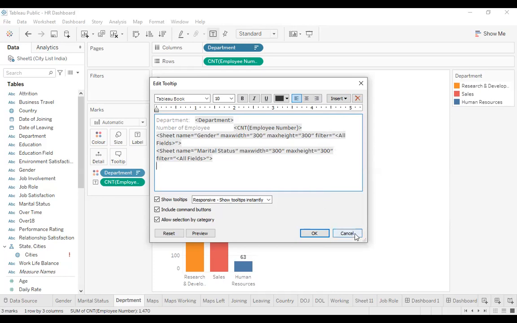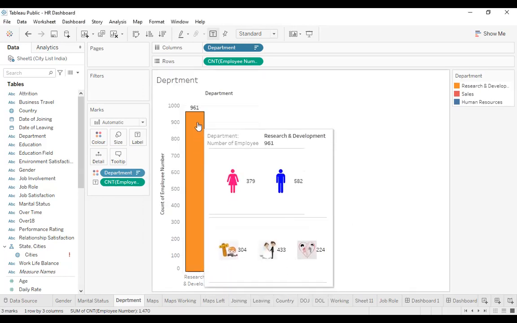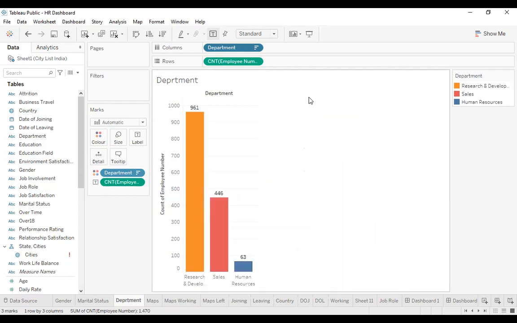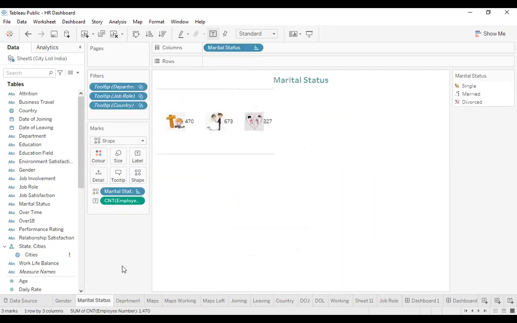When we hover around in the case of department, we come to know that in the research and development department, we have got 379 females and 582 males out of 961 total employees, and we have got 304 single, 443 married, and 224 divorced.